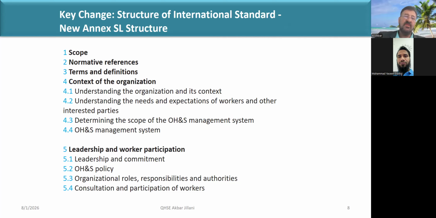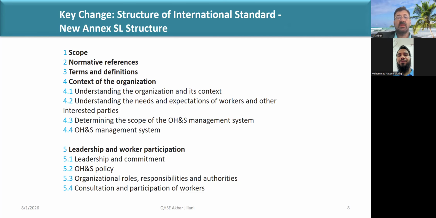One time I developed a management system for one company. Then they gave me some more work, and they told me, you are the one who developed the document for us, so you also have to do this for us. I told them this is beyond the scope of our work. This is not in our scope. Then he requested me, then I guided them. So the scope of work must always be clearly defined.